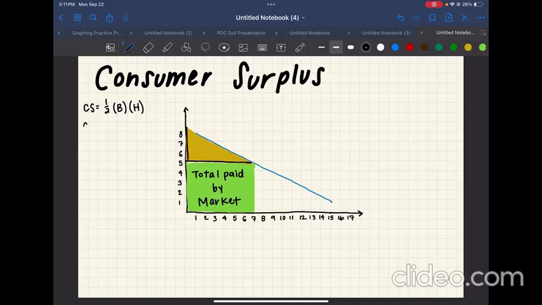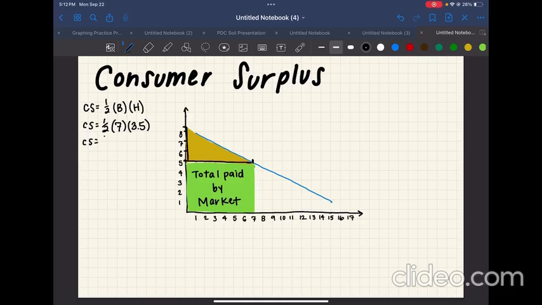So we have 1/2, our base is 7, right? That distance is 7. Our height, we start at the 5, is 1, 2, 3 and a half, where the line, if it theoretically continued to 0 consumers, would hit the axis. So 3.5 is our height,